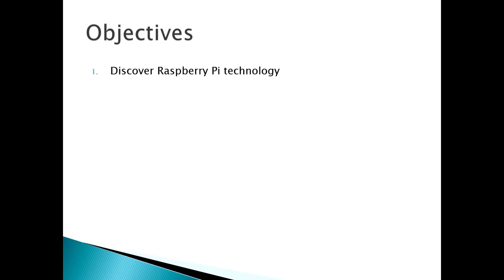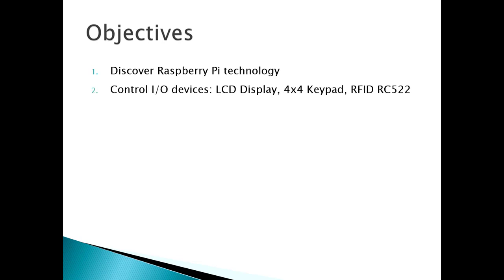We will see first how to install and configure the Raspbian OS step by step. We will see how to access the Raspberry Pi device from the network using the SSH protocol or VNC viewer. And we will show you also how to control some input and output devices like LCD display, 4x4 keypad and RFID reader. We will see also how to connect these devices to Raspberry Pi and how to configure and